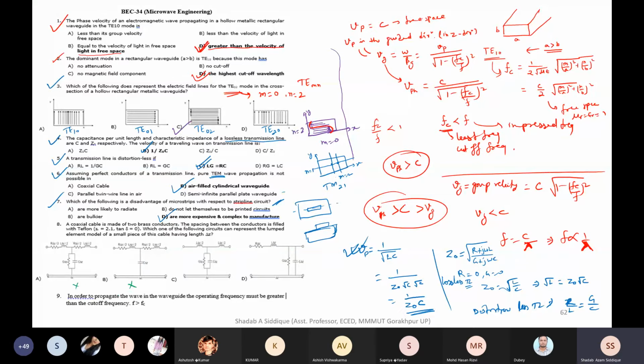So this is not correct. This is also not correct. Now here, yeah, this may be, but here this side inductance, this side also inductance. There is no resistance at all. So this is also wrong. Although if this side is resistance, we can take it, but the by 2 is not correct. Okay, so this is the correct answer.